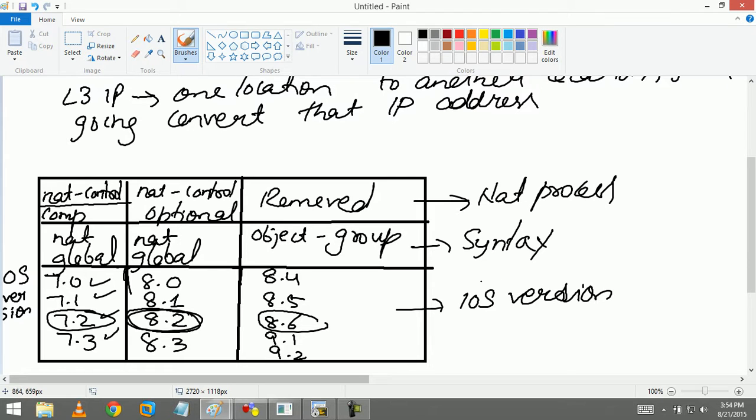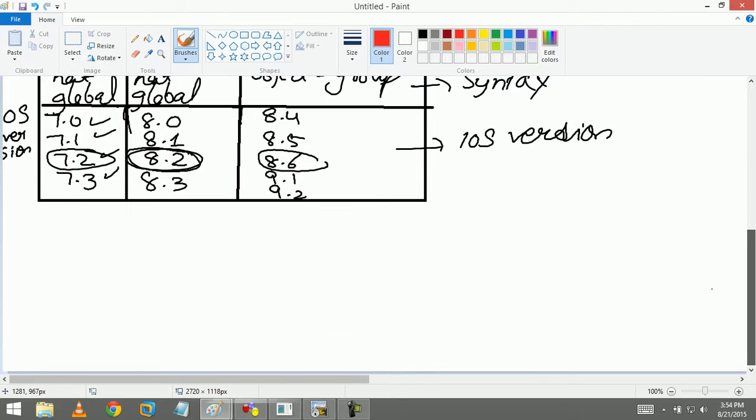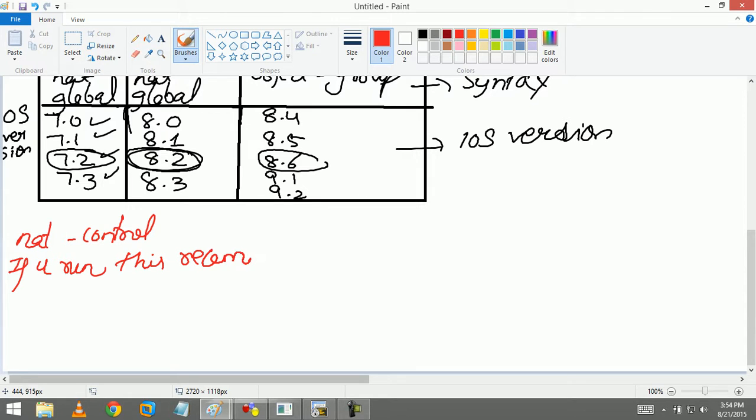So first things first, what is NAT control? We know that it's compulsory here to perform NAT, here it is optional and here it is removed. But what do you mean by NAT control? That's a really good question. According to the definition, if you run this command,